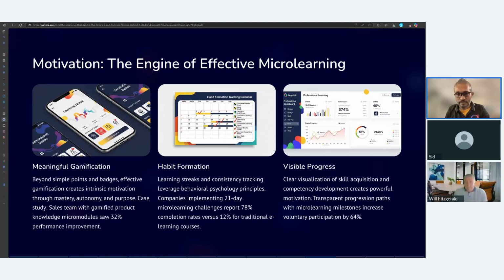It does not have to be a digital solution. It can be a simple role-playing scenario, or a meeting, maybe a water cooler meeting that's scheduled where a bunch of us can get together and discuss a particular new compliance that has come in or a new process that has come in. We talk about it. So those little moments, how do we make them more meaningful for the learner?